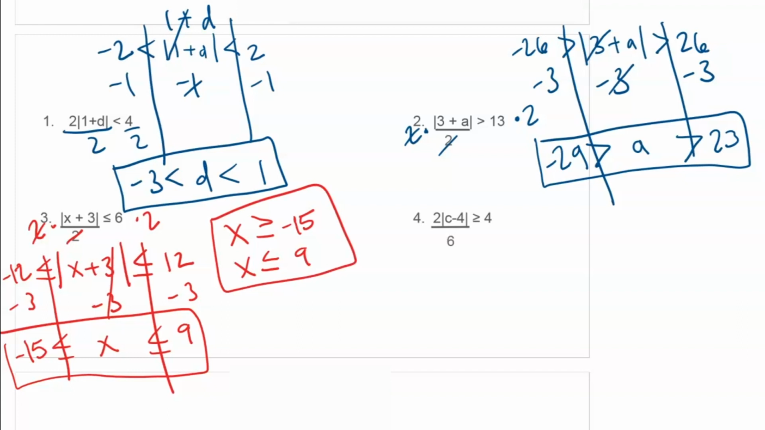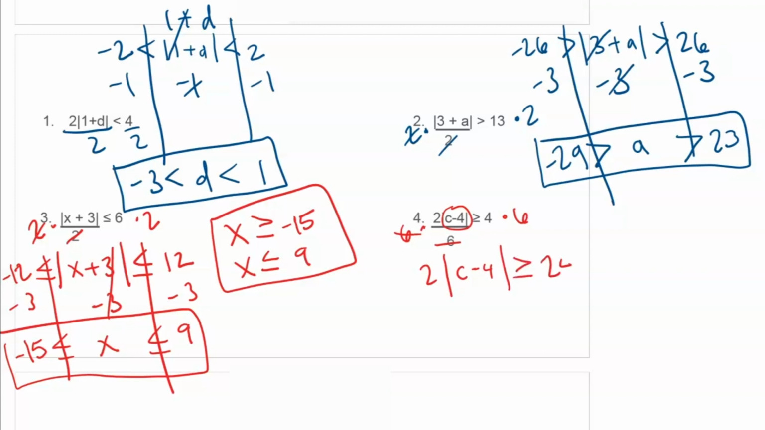So those two things are saying the same thing. So you can write them separately or write them all together. Okay, last one, number 4. So this one, I still have to get this absolute value by itself. So first I'm going to multiply both sides by 6. So then I get 2 times the absolute value of c minus 4 is greater than or equal to 4